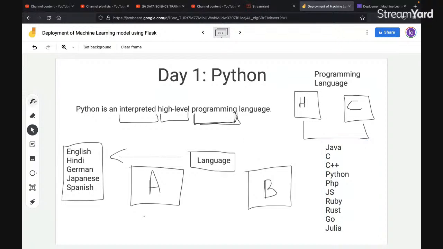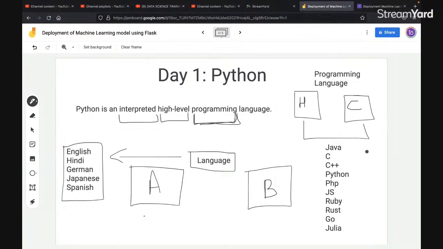Now these all are programming languages, and their sole purpose is to help a human and a machine to communicate with each other, right? Generally people ask which is the better programming language. You must have heard this question, and most of the time people compare two or three programming languages. Yes or no? Have you heard about this scenario, when people compare two or three programming languages to understand which is better and so on?